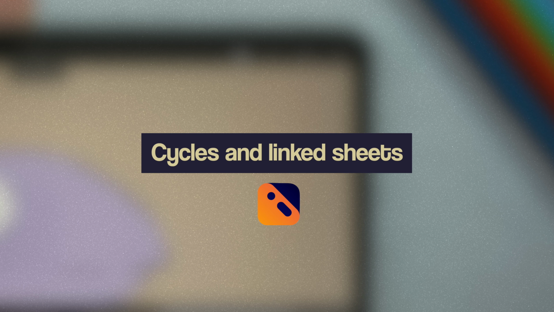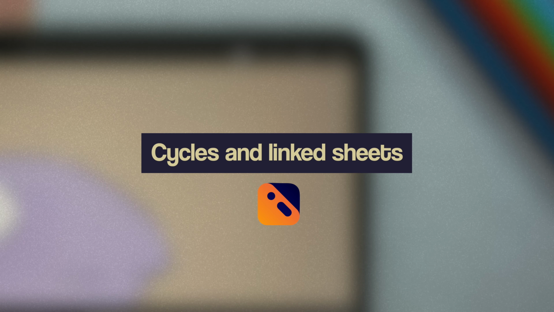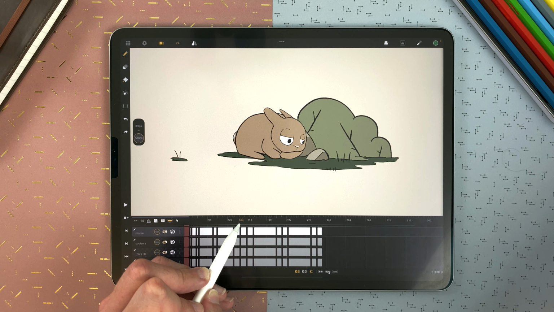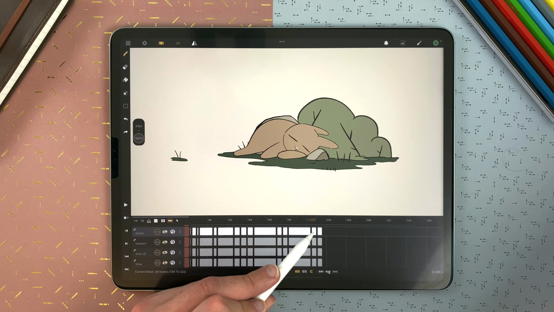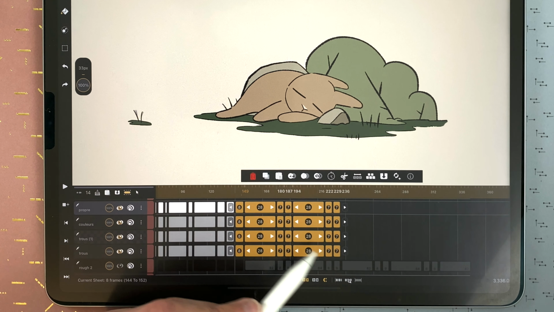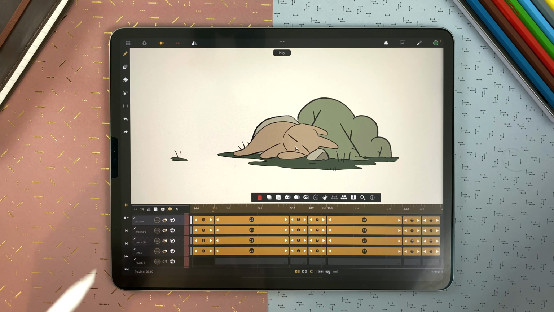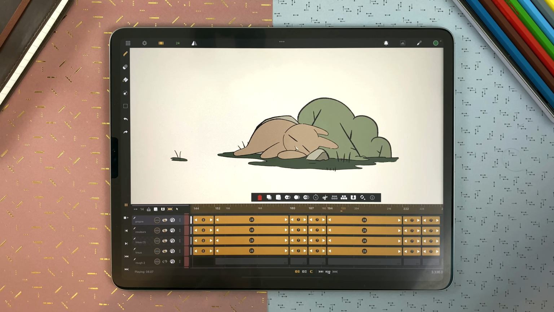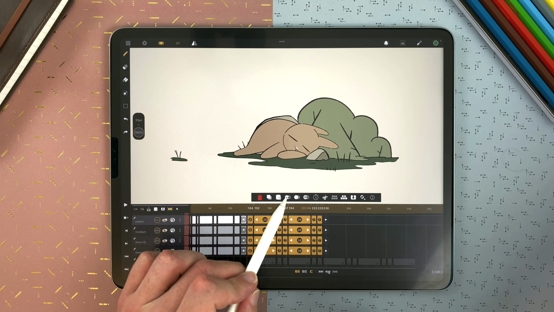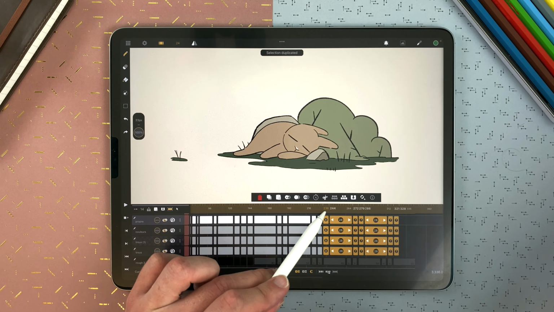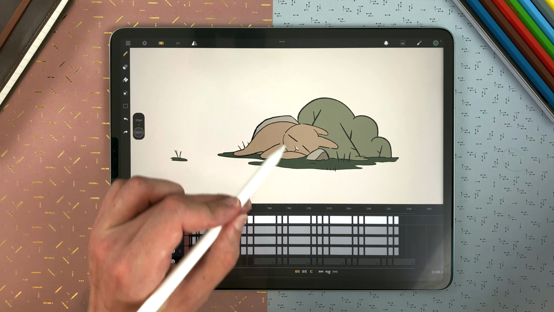How to use cycles and linked sheets to create animation loops in Callipeg. In this shot here, I have a rabbit sleeping and I want to loop that selection. If I play, you can see how the belly moves up and down, and I want it to be longer in my animation. The first possibility would be to just duplicate with the content, but then if I draw here,